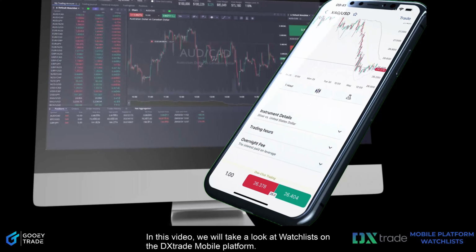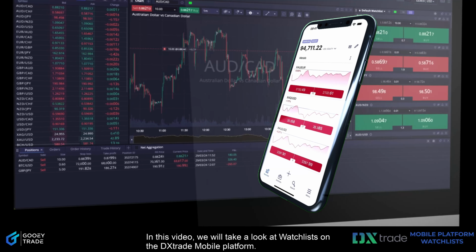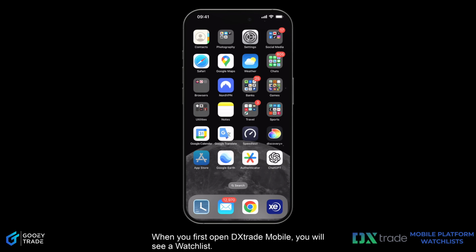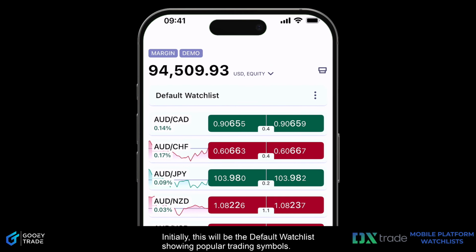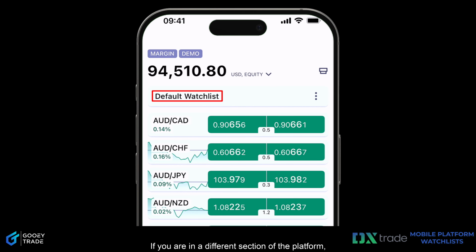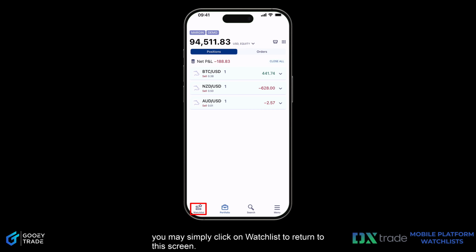In this video, we will look at Watchlists on the GooeyTrade mobile platform. When you first open GooeyTrade mobile, you will see a watch list. Initially, this will be the default watch list showing popular trading symbols. If you are in a different section of the platform, you may simply click on Watch List to return to